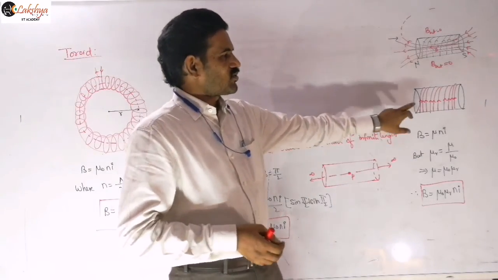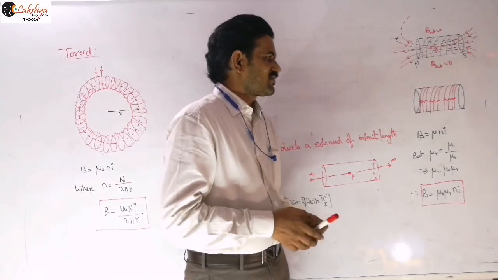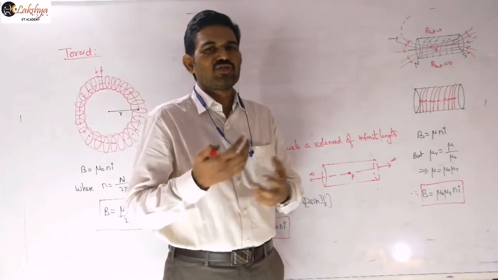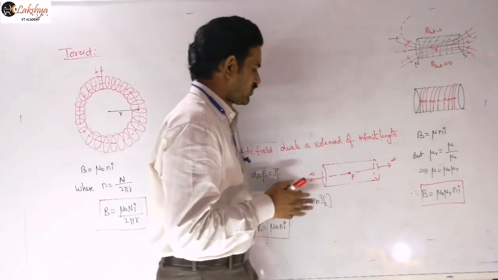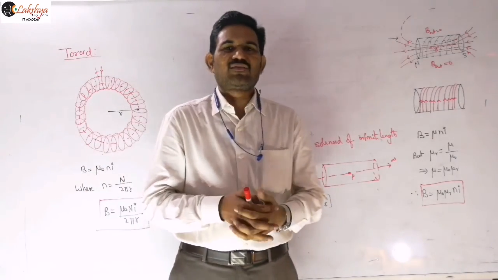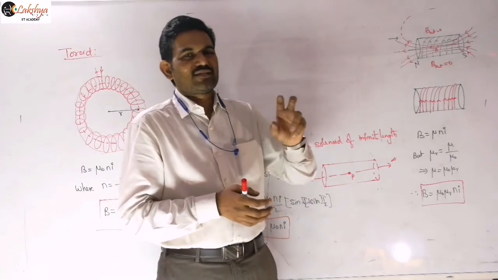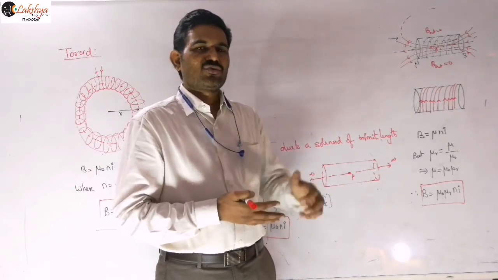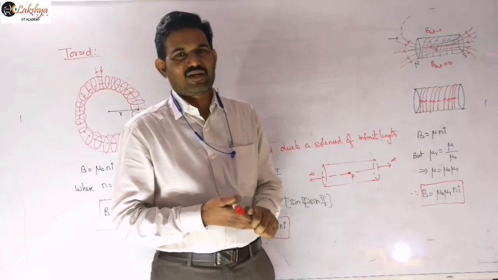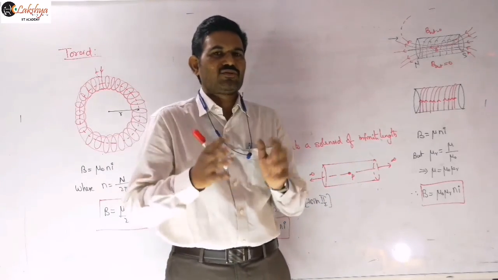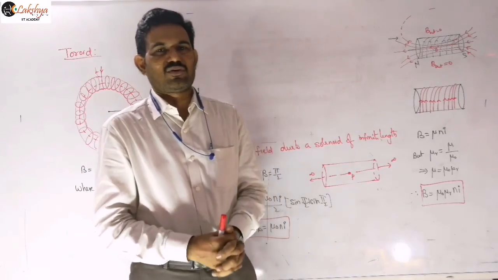And in solenoid problems, you need to remember that in the majority of problems we assume the field inside the solenoid is almost uniform. What we derived, mu naught n i, is the assumed uniform magnetic field inside, because as I said, the cross section of the solenoid is very small compared to its length. So we assume it has a uniform magnetic field only inside, and outside, as I said, it will be zero, right? Those are the points you need to remember regarding this solenoid.